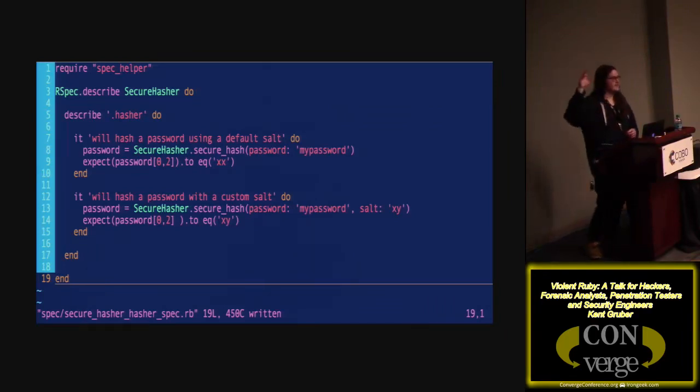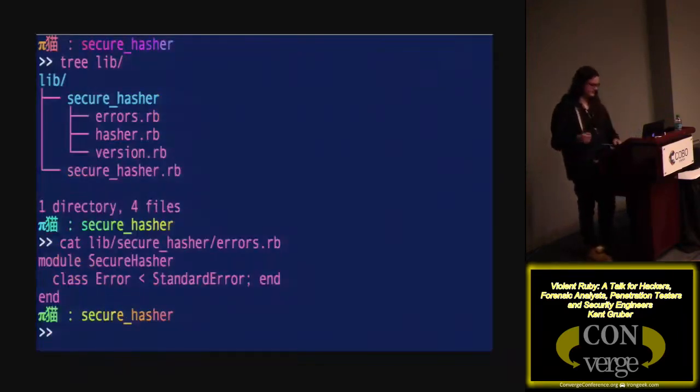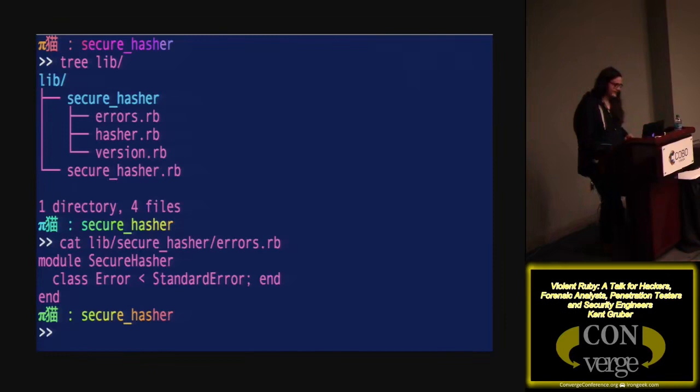You can then have this as a human readable way to run that test and check that it passed or failed. Anyway, I also decided to put in an error class, because that was fun. Basically, I'm just inheriting from standard error, very simple, and I can even put semicolons if I wanted to in Ruby to end that class. That's a one-line class initialization, sort of.